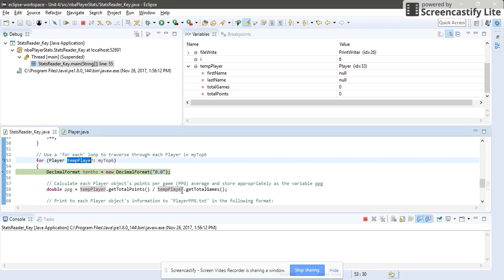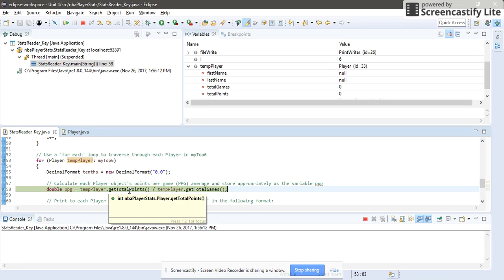Right now I'm on line 55. I'm going to go ahead and execute that line. Line 58, I'm going to go ahead and press F5. Now notice there's a couple method calls in here. There's get total points and there's get total games. If I press F5, which I will, it will actually bring me to those methods and show me what it's